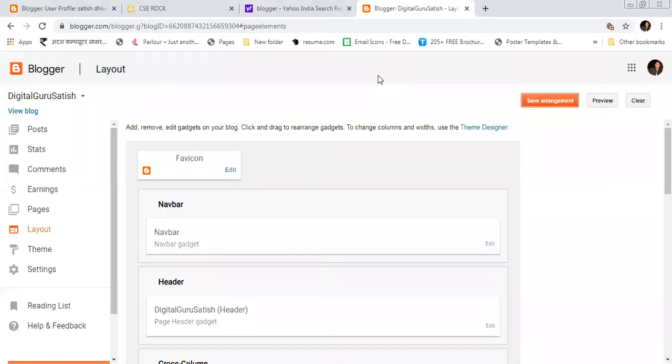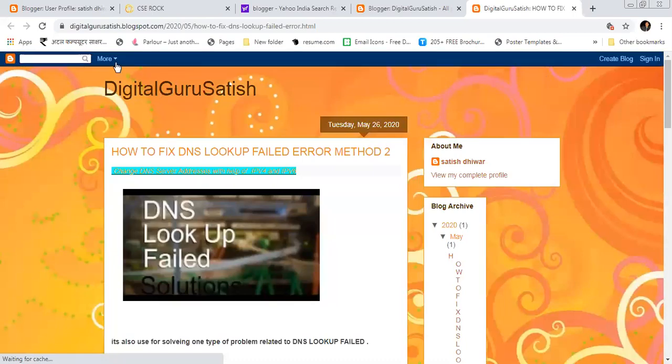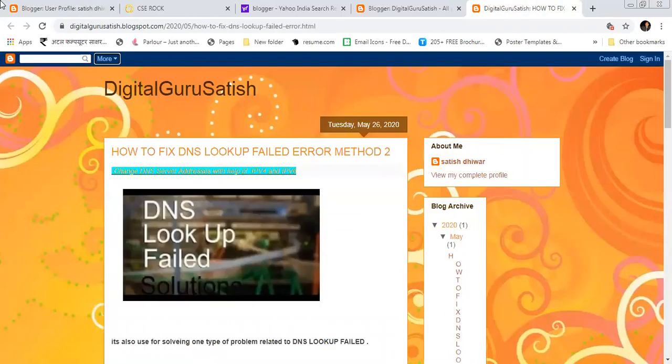Okay, go to the blog again. Any post. You can see here at the top, your navigation bar has been changed with a blue color navigation background. Here you can also keep your menus which you want to keep. Here I'm not writing any menu now, but we will learn about that.